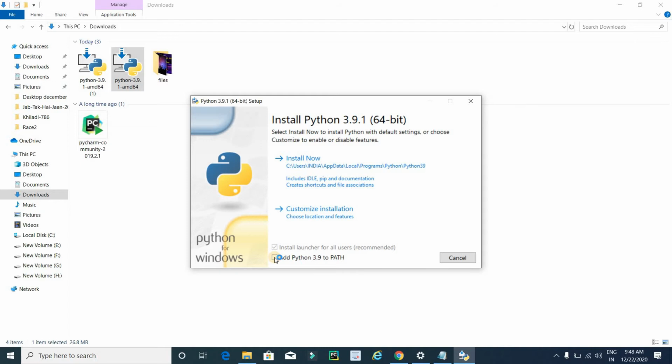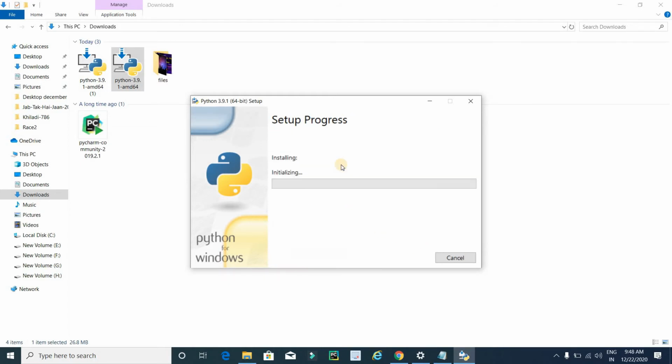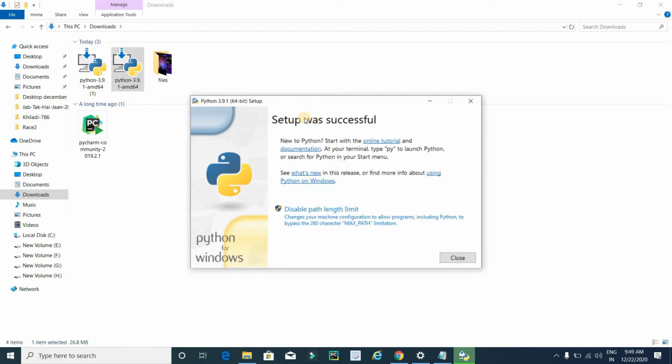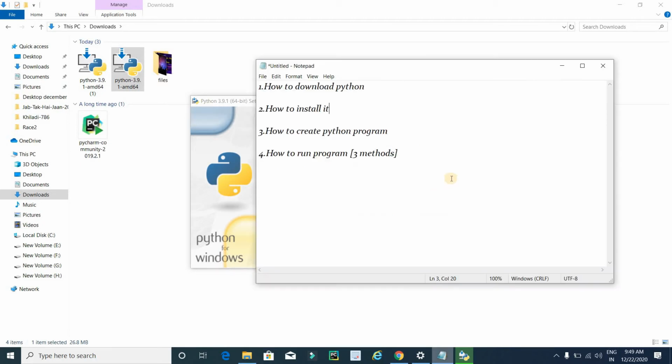Don't forget to check this check box, and after this click on install now. It will take some time to install this software into your system, so just wait for some seconds. Now here we get a message that setup was successful. Now the second step is also done.